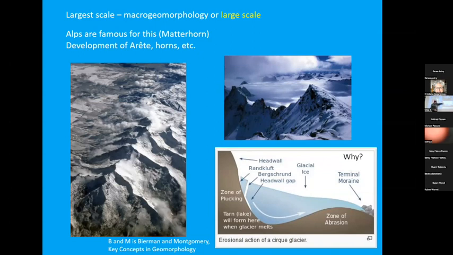And the reason it happens at the top is you get melting in the summer. That water percolates down, and then it freezes at night or during the winter. As you know, ice has more volume than water, so it expands. And so that causes a lot of breakup of rock at the high areas at the tops of the small glaciers, like in the Alps around the Matterhorn. This is a really effective erosion process.